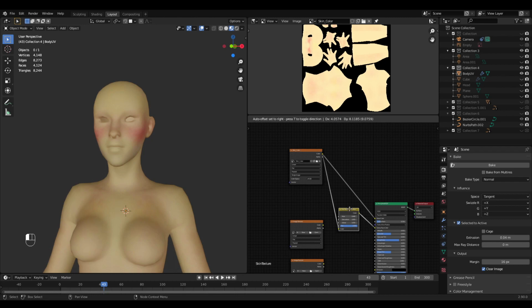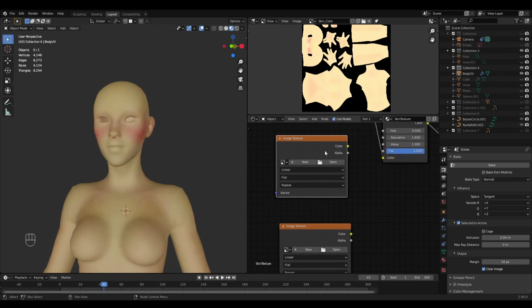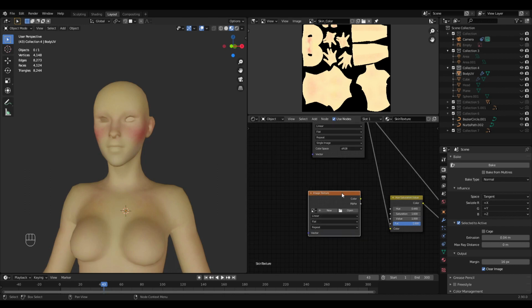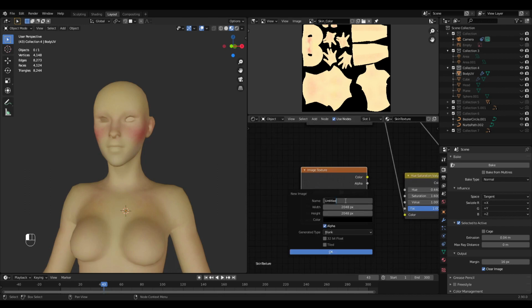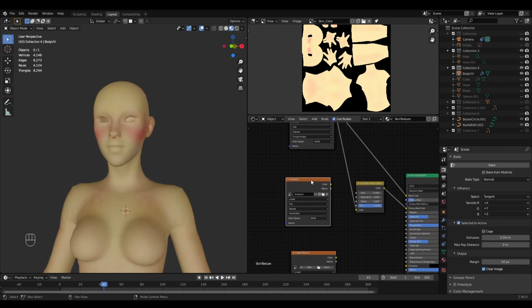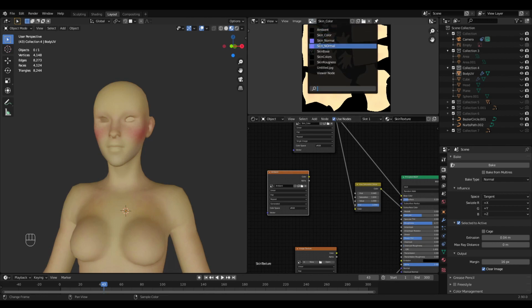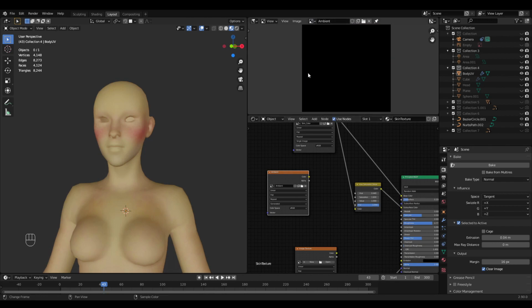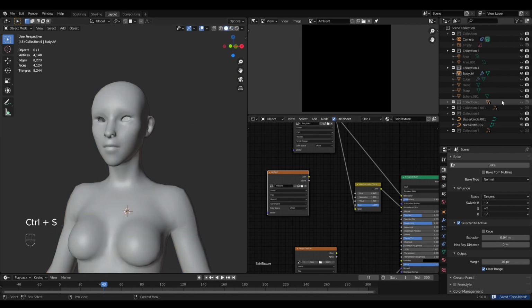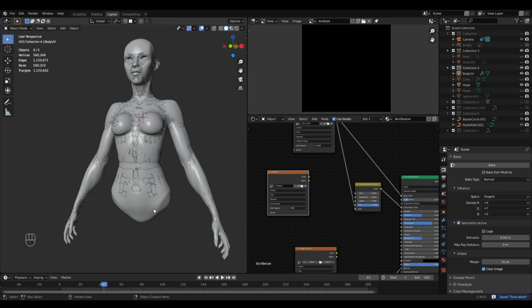Now we can make another map for making our color a bit more interesting. I'm gonna create a new one, and this one's gonna be ambient. I'm gonna press enter and save it. Now I don't really need to select it anywhere at the moment. Just have it selected, as well as have it in the image view, change to solid. Open up my high poly again, select the high poly, low poly, save the file,